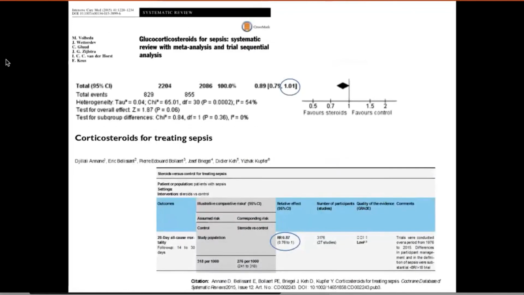So I was just here summarizing some of the evidence that explains this kind of vague conclusion, and there's a bunch of meta-analysis of randomized trials, pretty much all of them showing the same point estimate here. You will see it's 0.8 to 0.9, really consistently across the different meta-analysis or even randomized trials. So it looks like this point estimate is probably close to the truth if we look at the different trials, but the upper bound of the 95% confidence interval is sometimes, or many times, I would say, crossing the one. Next slide.